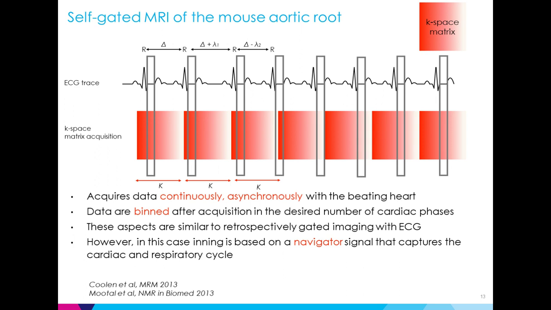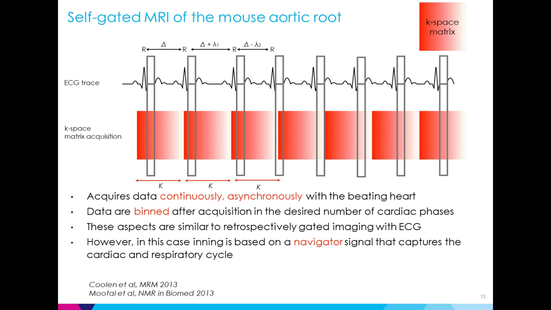And that would be, for example, to continuously acquire K-space lines regardless of basically the cardiac phase in which these are acquired. So K-space lines are acquired continuously and are synchronous with the beating heart. And then, and some of you may recognize this approach also from clinical MR imaging,